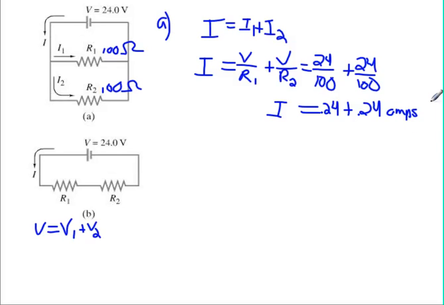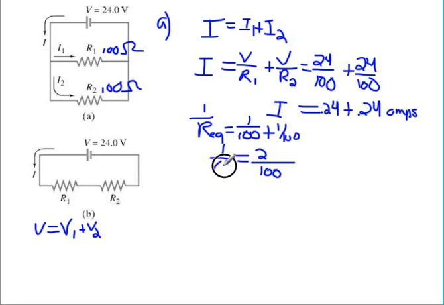Okay, so I think the question also asked us what's the equivalent resistance of the circuit. Since these are in parallel, the equivalent resistance of the circuit is 1 over it is 1 over 100 plus 1 over 100. That's 2 over 100, right? Common denominator already, we got lucky. So 1 over it is 2 over 100. In other words, the total resistance of the circuit is going to be 100 over 2, which is 50